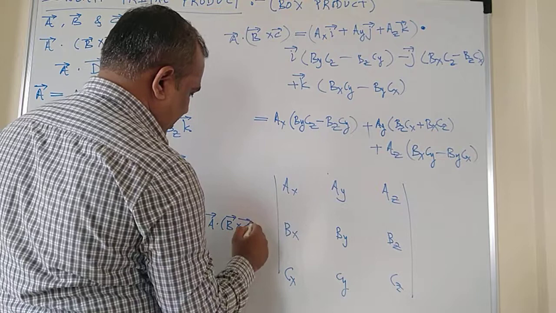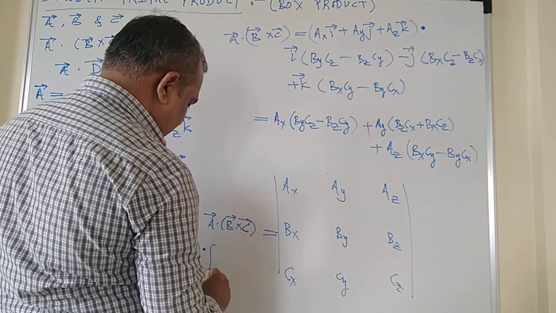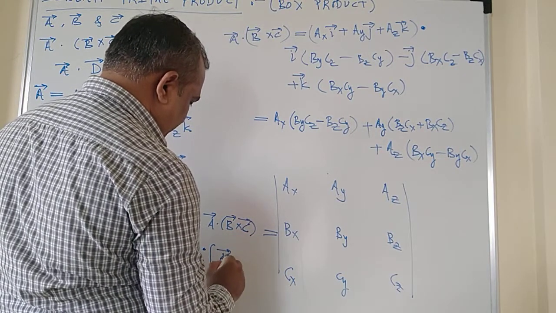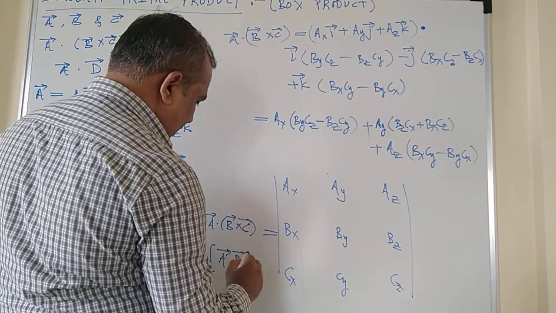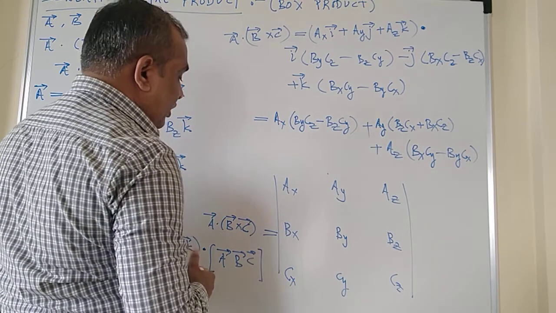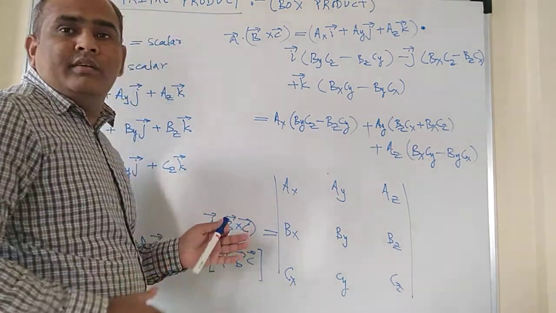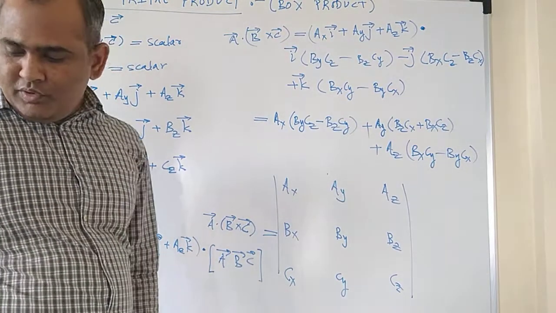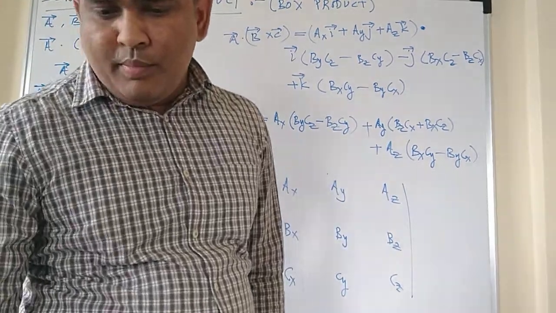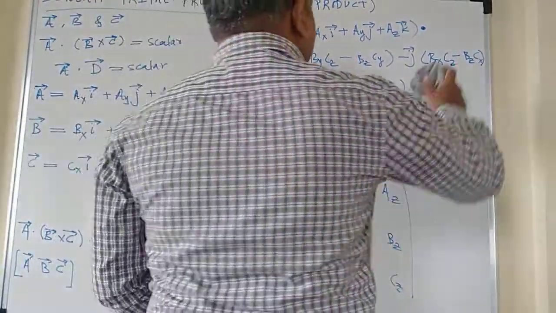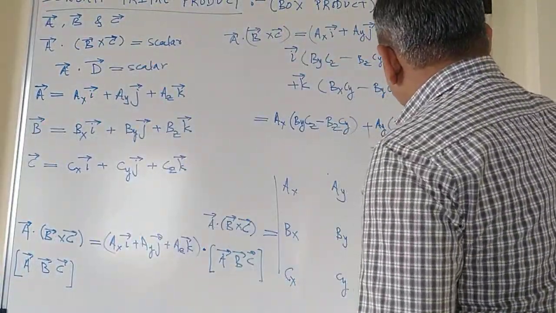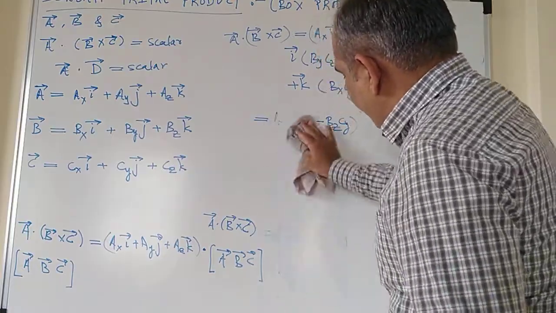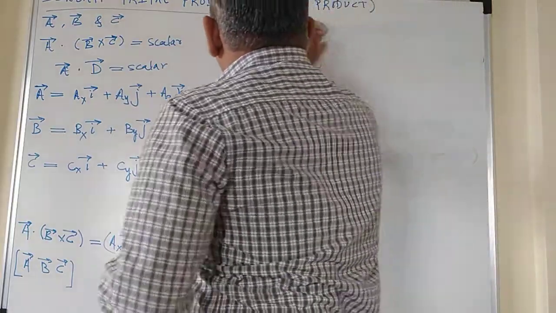So this is the formula, you can say, for the scalar triple product a bar dot b bar cross c bar. Got it? Or this is also written as the box product a bar b bar c bar without any commas between them. Got it? So we will go for some next properties of this scalar triple product.